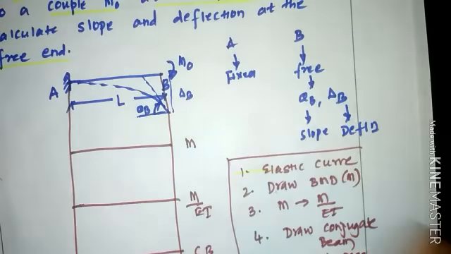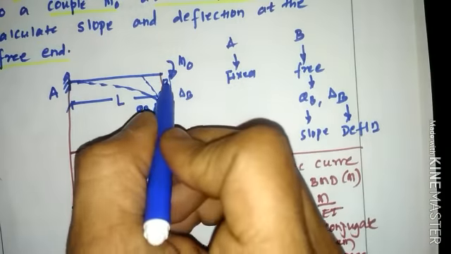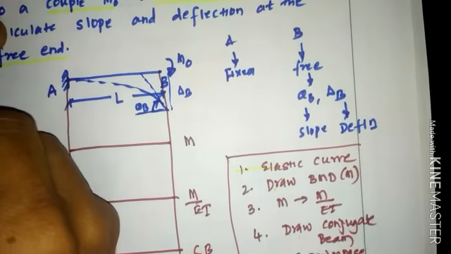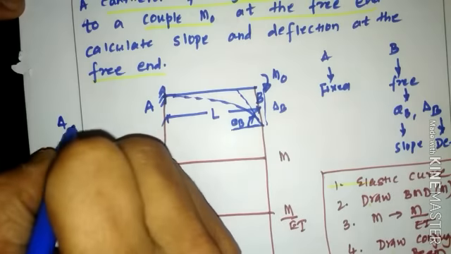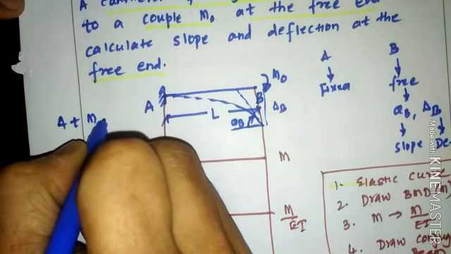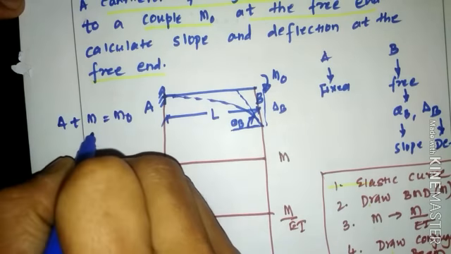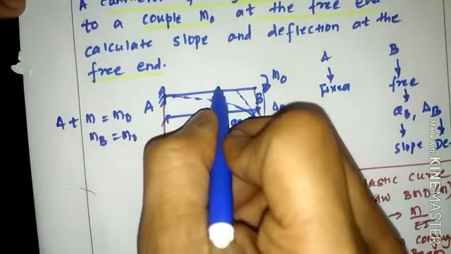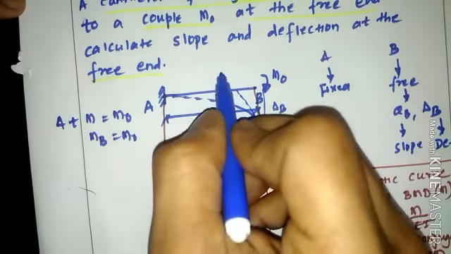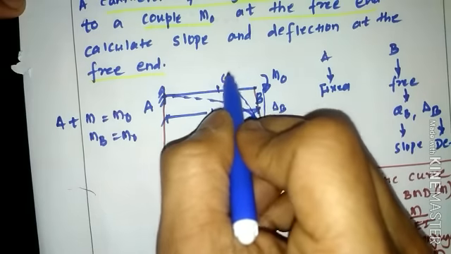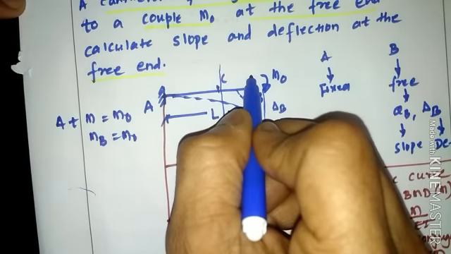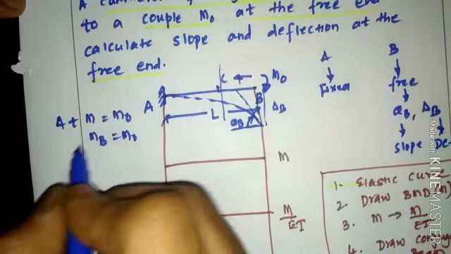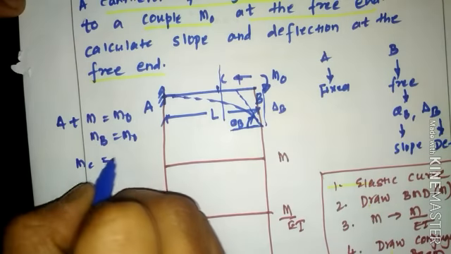Now, the moment has already been specified at B as M naught. So MB, the moment at B, will be M naught. If you consider a section at this particular position which moves from right to left, that is towards the left hand side, the moment at C will again be M naught.